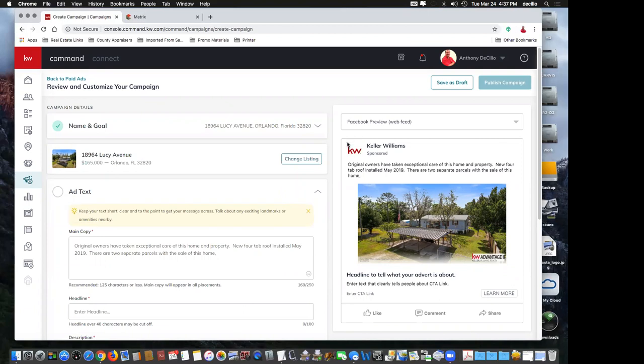As you can see over here on the right side, this is what the ad would look like with the actual text it pulls from the MLS. Now, one thing, as everybody realizes on the internet, is you want it short and sweet and to the point. Nobody's going to want to sit there and read 2.5 to 3 paragraphs on a house listing. So what I try and do is break it down to a generic listing, give the number of beds, number of baths, and basically highlight 1 or 2 items and say click below. Because what you want is a call to action where they're going to want to know more. So with that being said,